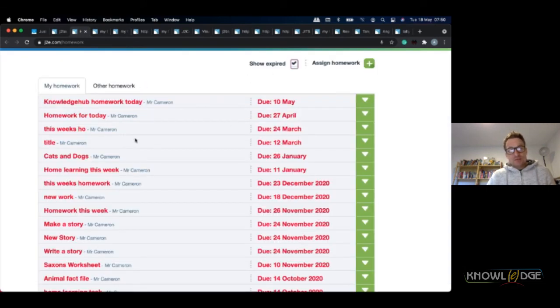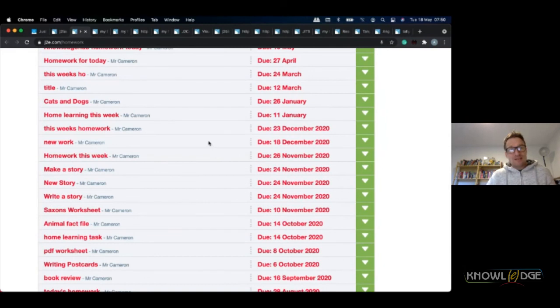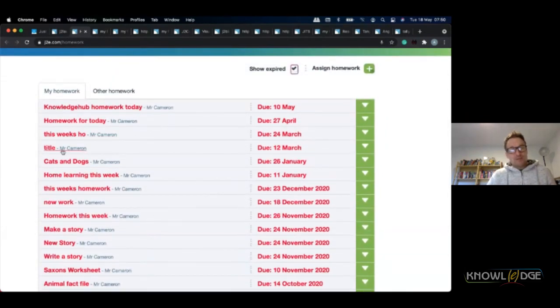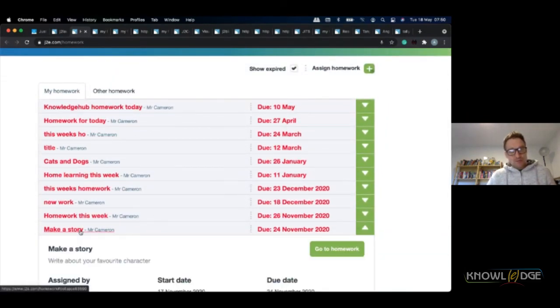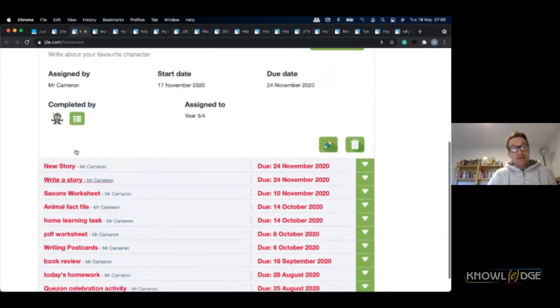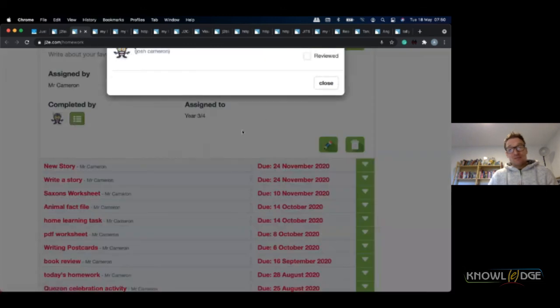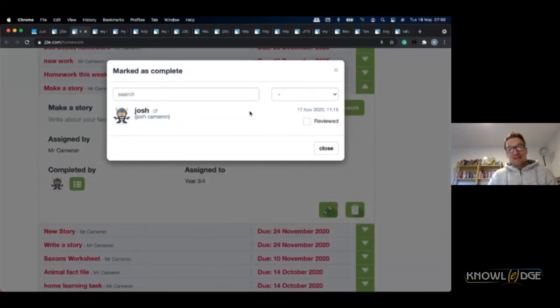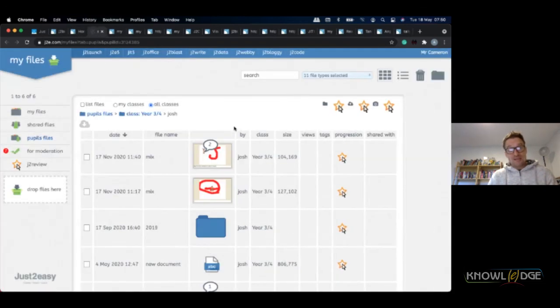And if you want to see who's done the activity, this is the homework that I've done previously. You'll see who has completed it. I can see that Josh has completed it, and within J2 Homework it'll tell me when they did it, and give me the opportunity to go straight to that work and see what he actually did.